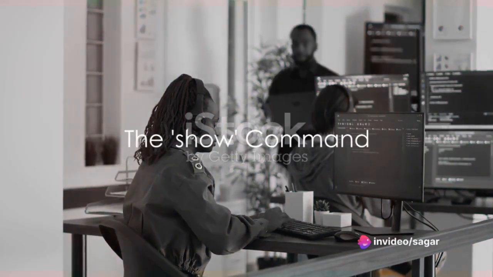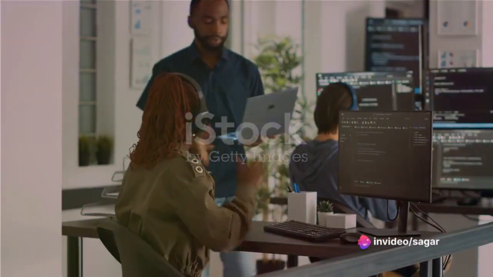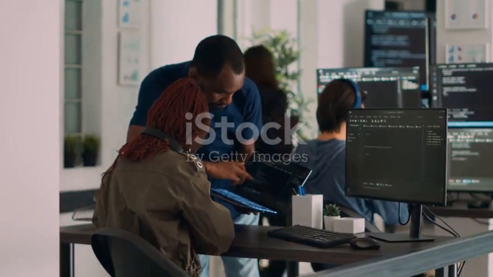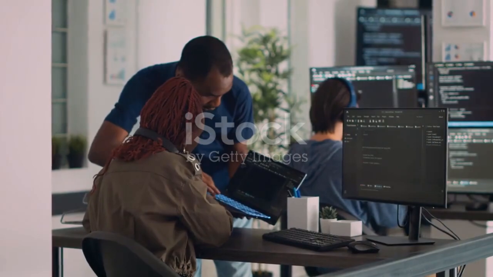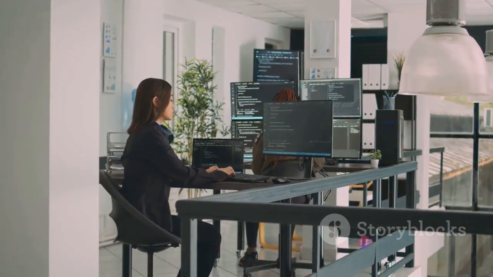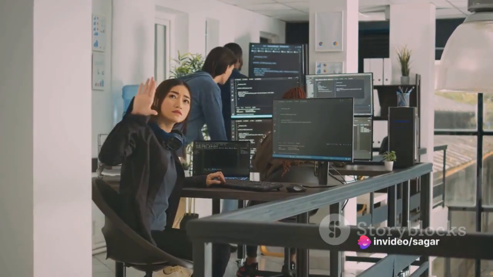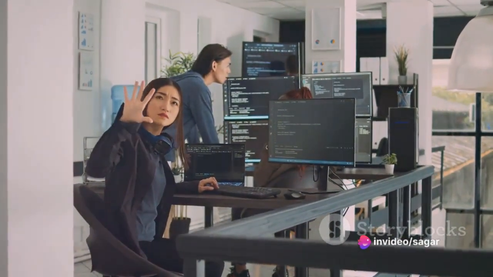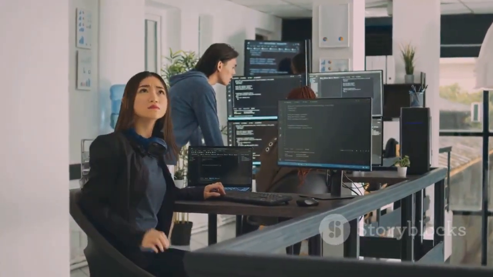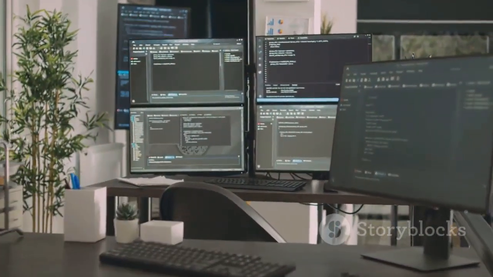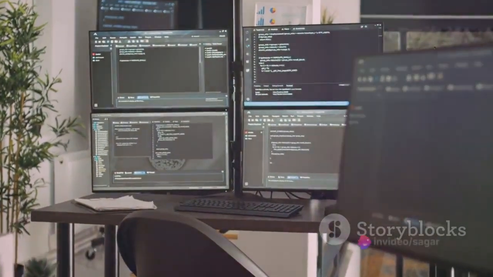First, there is the show command. This command, when followed by various subcommands, allows you to view different aspects of the firewall's configuration and status. For instance, show system info displays system information, show interface lists interface status and configurations, and show routing route shows the routing table. To list all current sessions, you can use show session all, and show running config will display